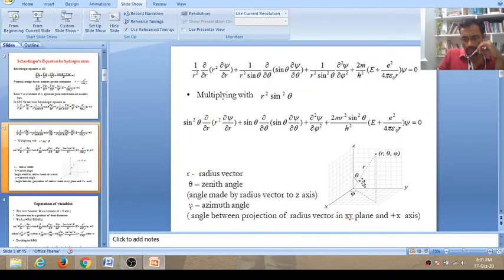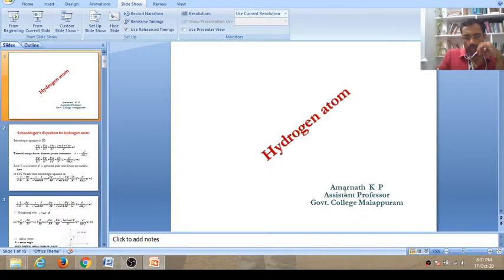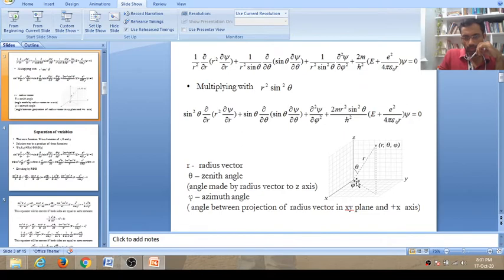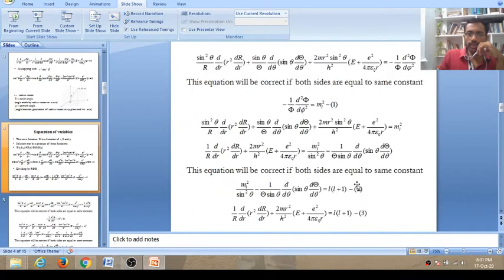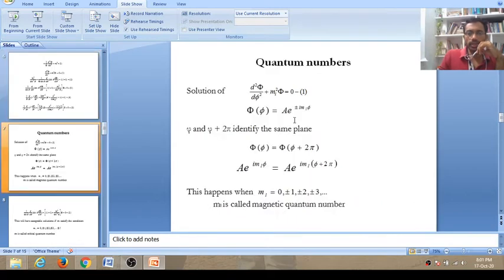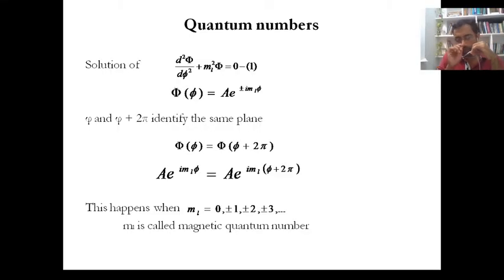Let us take this plane, the plane where the triangle is placed. The angle to this plane is phi, isn't it? Phi plus 2 pi means it rotates again and comes back to the same place, isn't it? Phi plus 2 pi means we take phi, then after rotating 2 pi we come back here. So we can say that phi and phi plus 2 pi, the two angles, where small phi is the angle, will identify the same